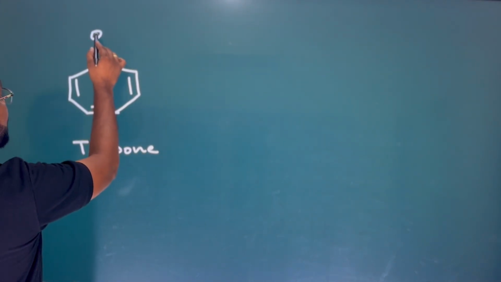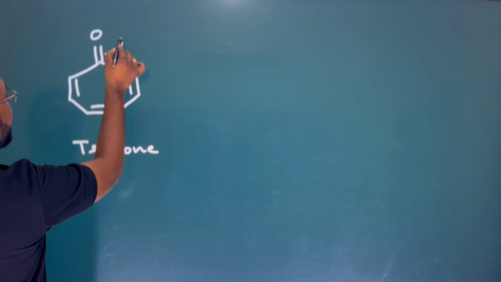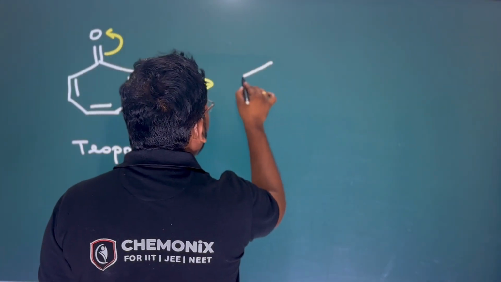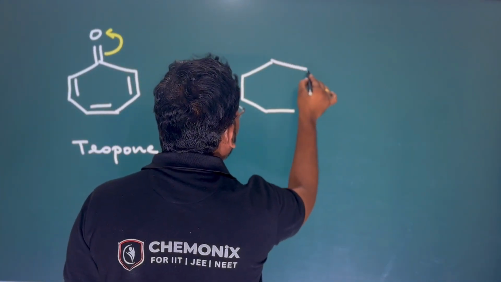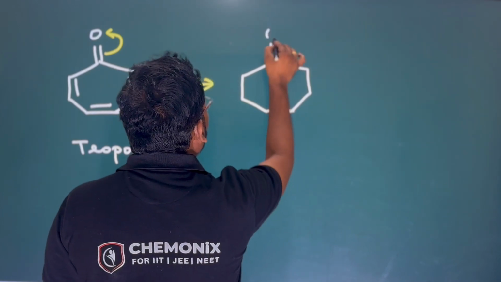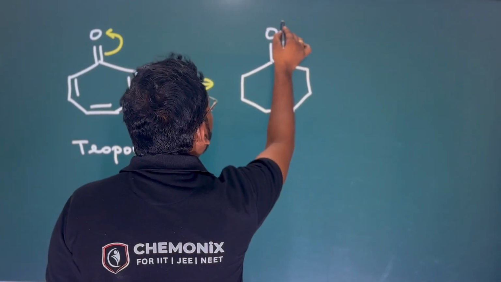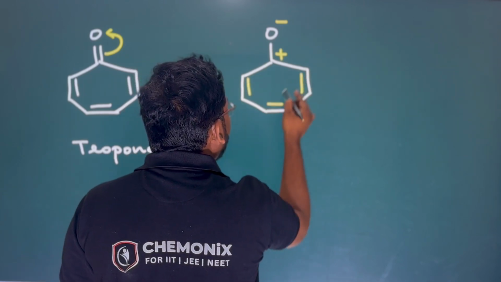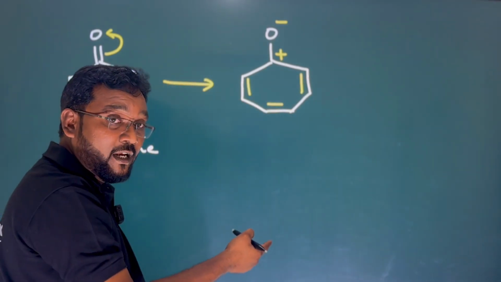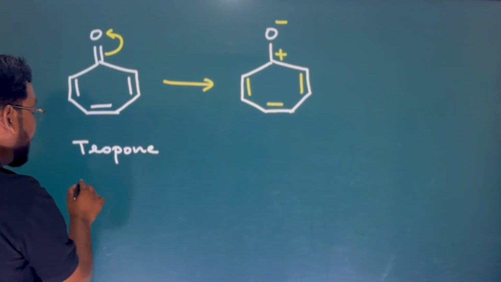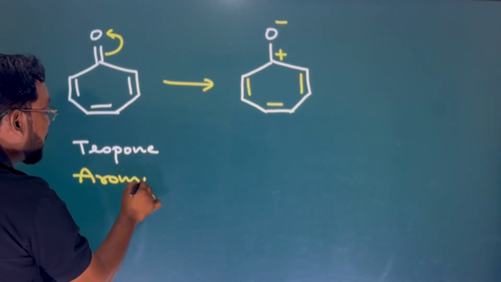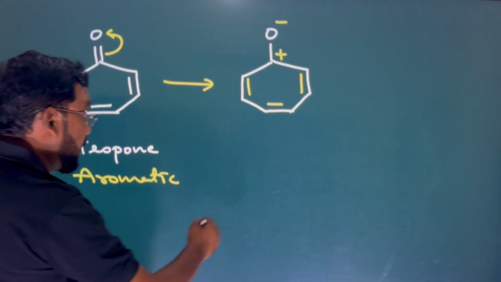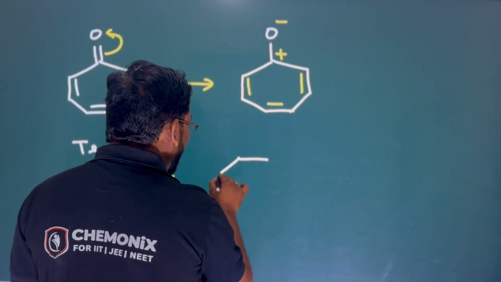As oxygen is more electronegative than carbon, oxygen will take the electrons from the carbon atom. After taking this electron, at this carbon a positive charge will be generated. Oxygen is taking the electron, so it gets a negative charge and generates a positive charge at this carbon atom, and that positive charge is bringing this ring into aromaticity. Therefore this tropone is an aromatic compound. Like this, let me tell you some other molecules also. For example, if you see this molecule,